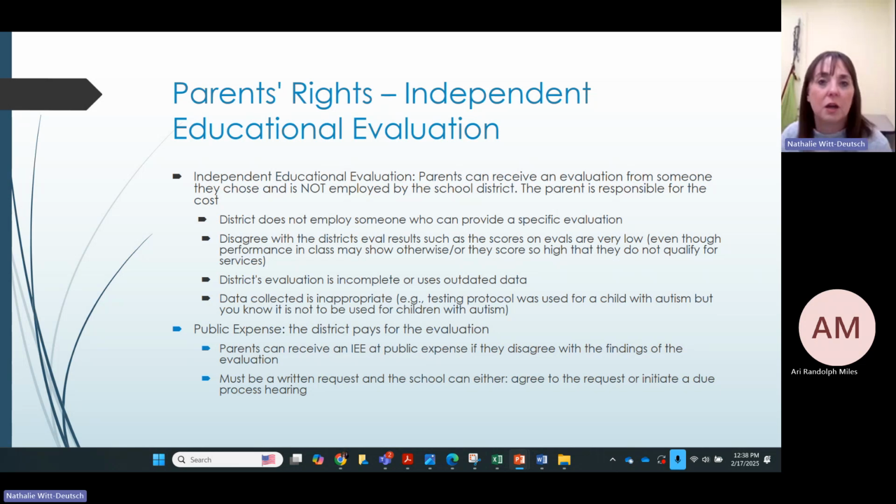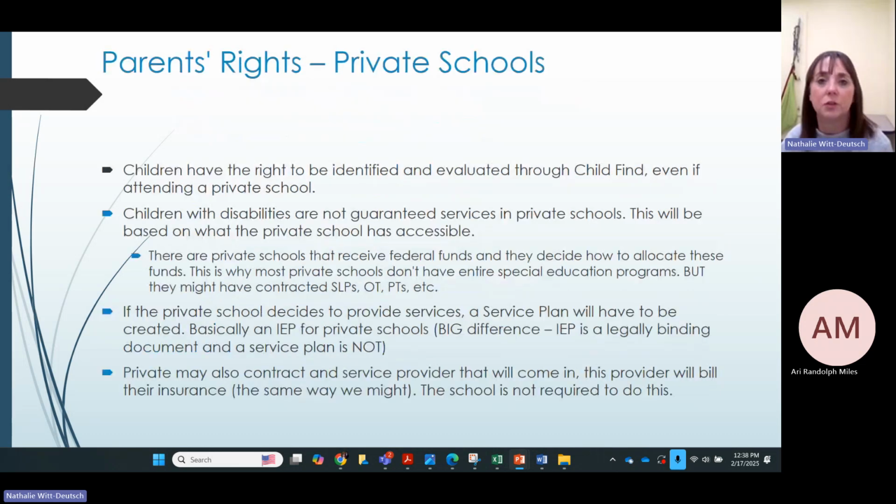You also have rights with private schools. Children have the right to be identified and evaluated through Child Find, even if they're attending a private school. So if you're attending a private Catholic school and you believe that your child has a disability that's impacting their ability to receive educational services within their private school, you have the right to utilize Child Find to identify and get them evaluated through that process. However,